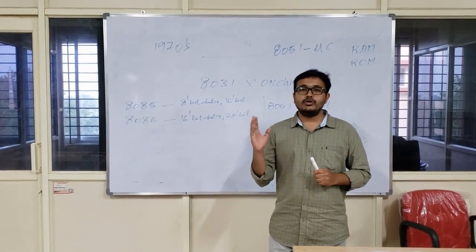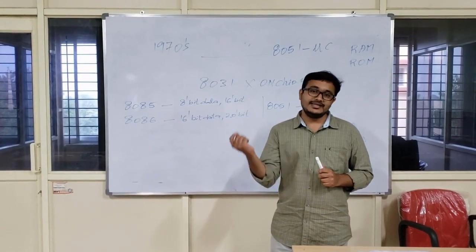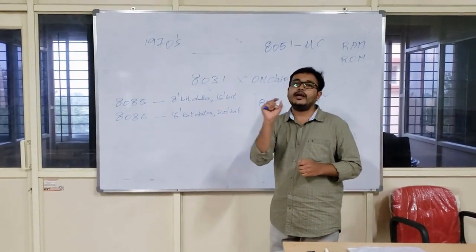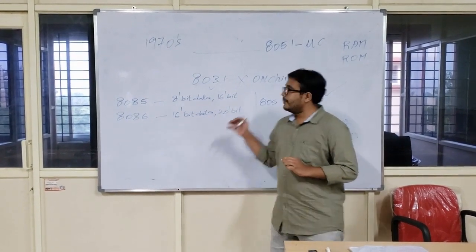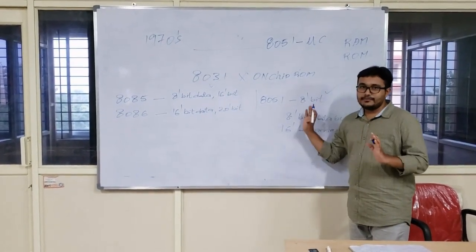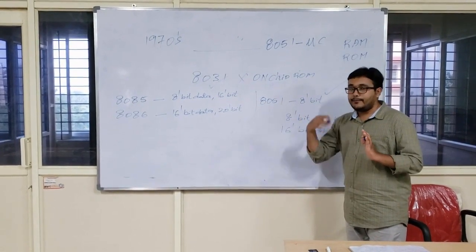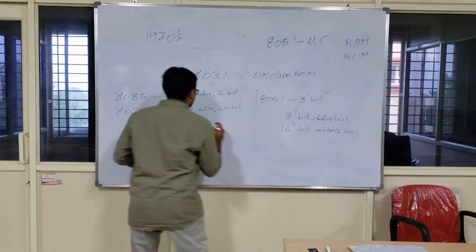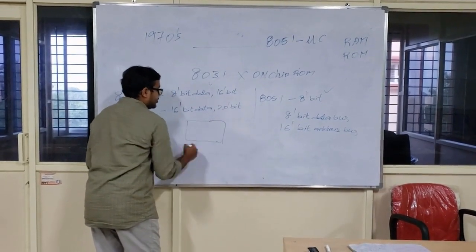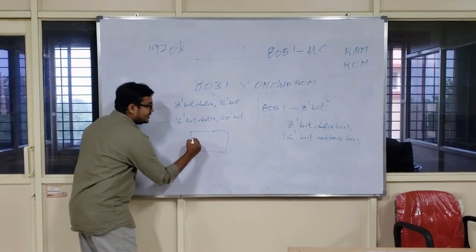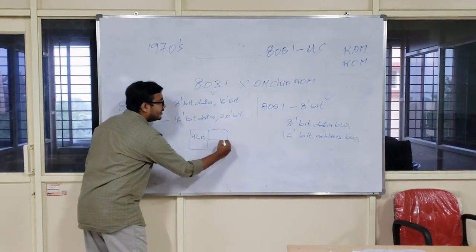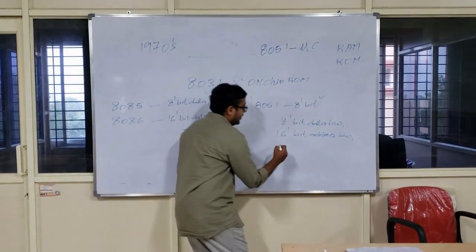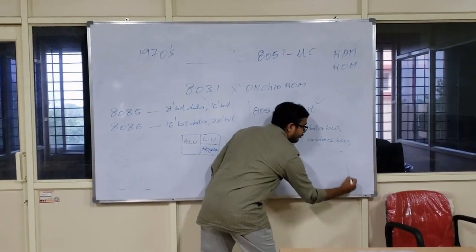is nothing but a small, low cost, mini computer present inside a single chip. But a microprocessor is nothing but a single chip that is only the microprocessor itself. Coming to a microcontroller, it is a chip equipped with, apart from the microprocessor, some other peripherals. Let me draw here. This microprocessor, I said, is a single chip. This single chip has an ALU, a control unit, and some on-chip registers. But coming to the microcontroller, we have a different number of blocks here.